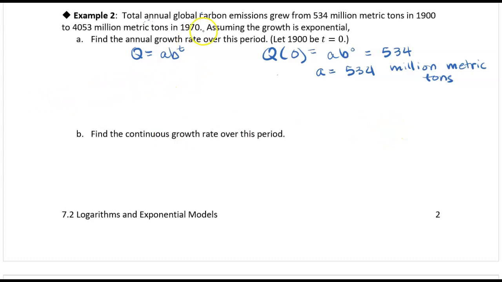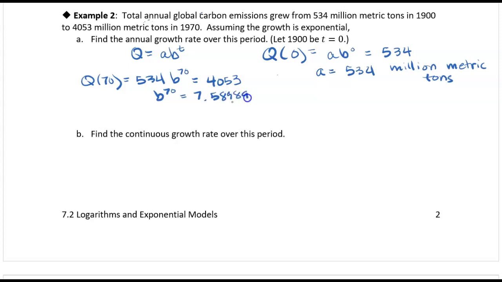Now, we also have another point at t equals 70, right? Because 1970 is 70 years later. Q of 70 is equal to 534, because that's A, B to the 70th, because that's t. And we know that at that point, we have 4,053 million metric tons. Okay, so we can solve for B. So we would get B to the 70th is equal to 4,053 divided by 534. So that gave me 7.58